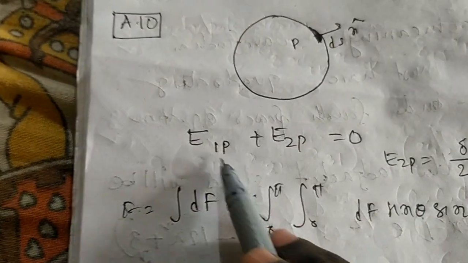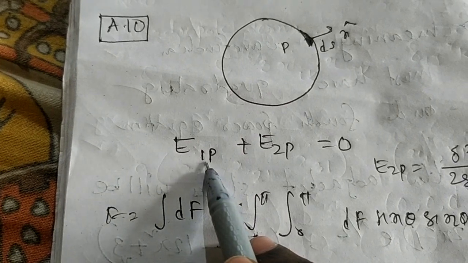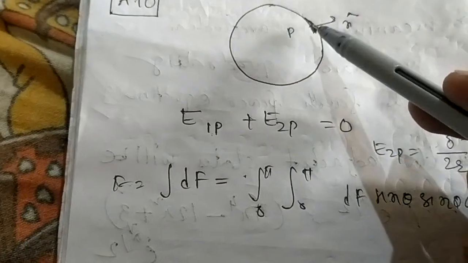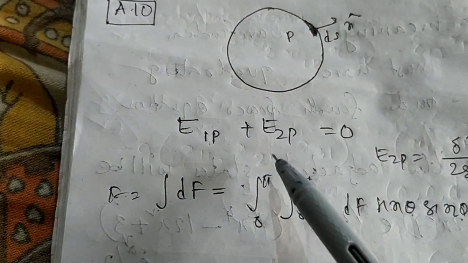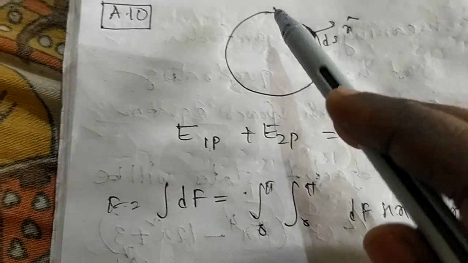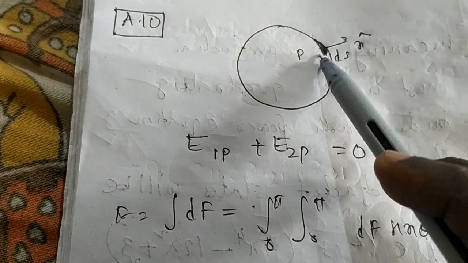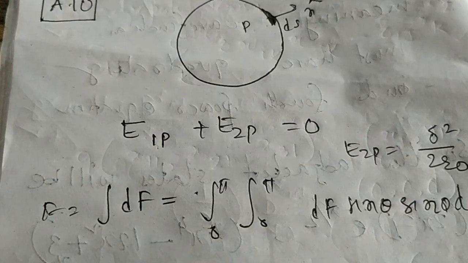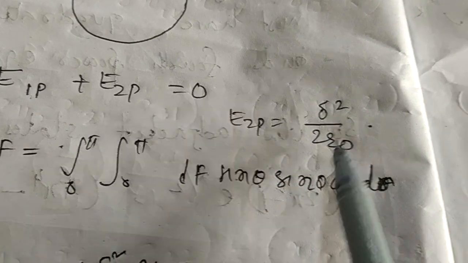So E1P is the electric field due to the small element at this point, and E2P is the electric field due to the rest of the charge at this point. So this must be 0. From this you can calculate E2P is equal to sigma squared by 2 epsilon naught. Okay, so now